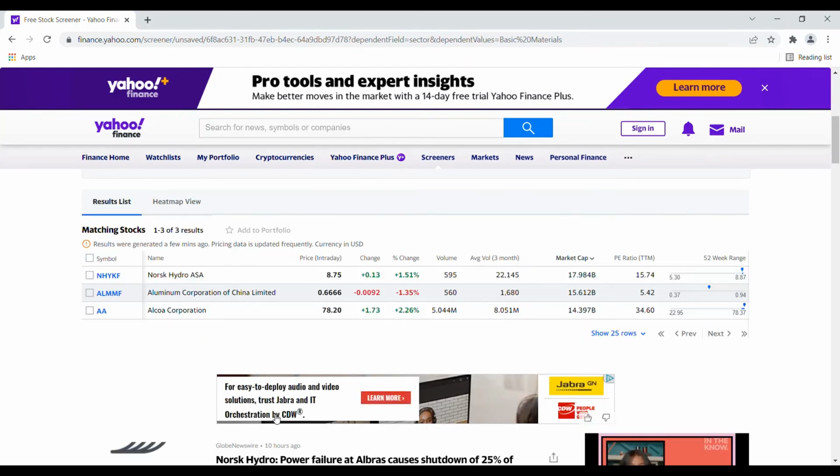So overall, the Yahoo Finance stock screener is a great place to start when you don't really have an idea of a specific stock you're interested in, but you have a handful of parameters of what you're looking for. It can really help to narrow it down. After using the screener, you can get it down to like 4, 5, 6 different stocks that you are interested in. Once you get it down to that small list of stocks, the next great step would be to look at those companies' 10Ks, which is the annual report released by the company with all their financial data,